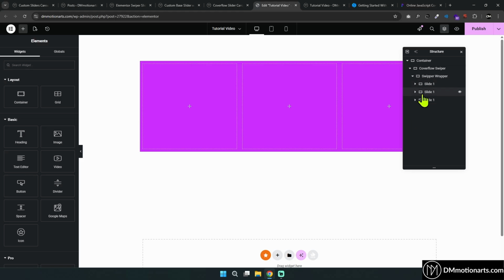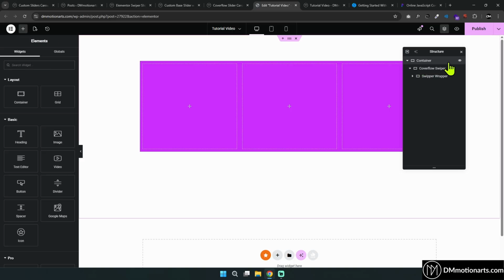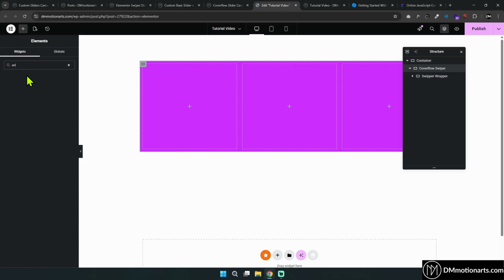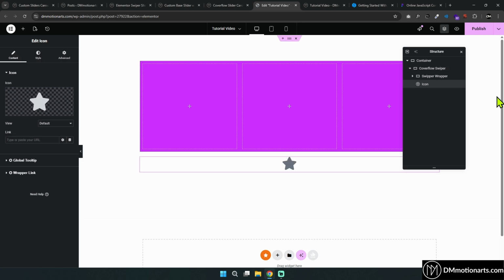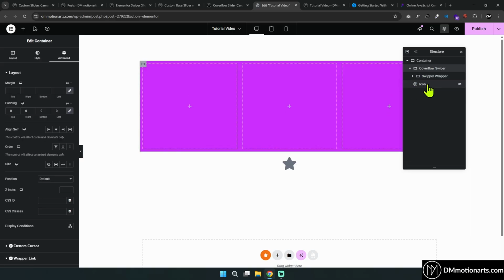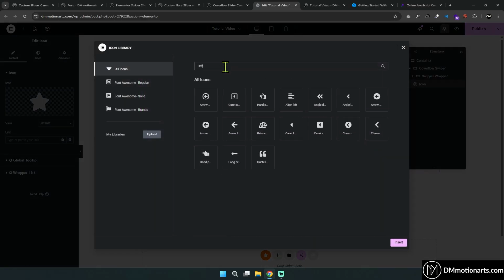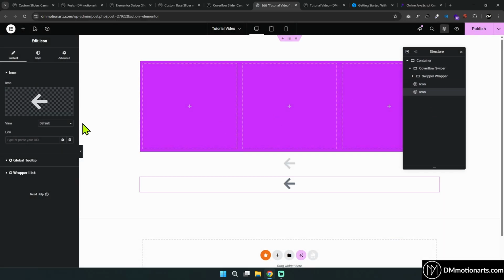Now the next thing is we can create our arrows and all in this swiper container, or you could add it outside this. So it's your choice how you want to do it. I will add it outside, but it's your choice. If you want to use it inside, you would simply just type icon and add it inside the Coverflow swiper, like this, or you could just place it outside too. So these are two positions that we are available with. Let's do left to right,